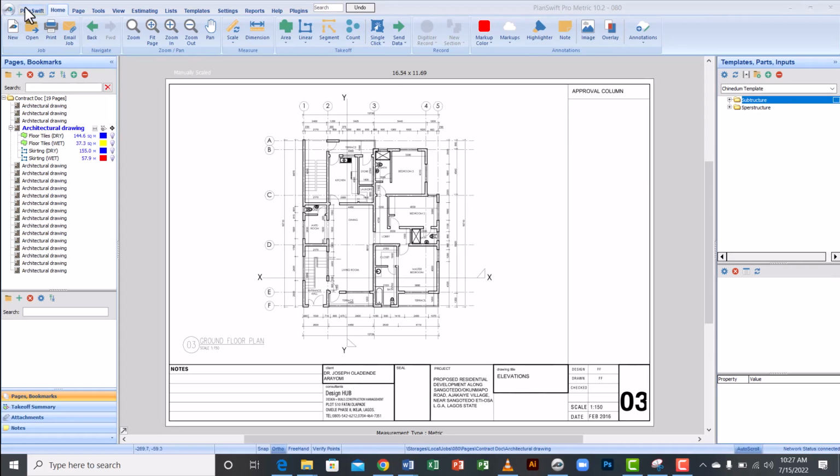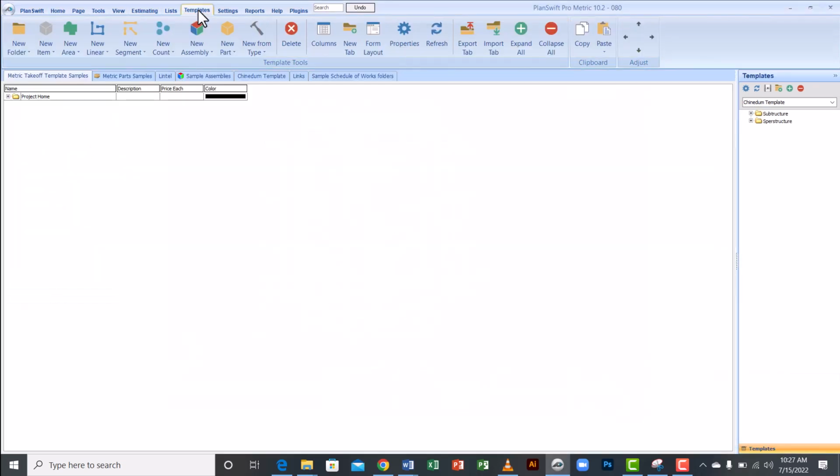So if you look at my menu bar, you can see that I have different options, and among these options is my template tab. And if I hit on this template tab, you can see I have different options for my tools also, and these tools are what I've actually explained in our previous videos. So I would recommend that you go through our previous videos and know how to use each of these tools,